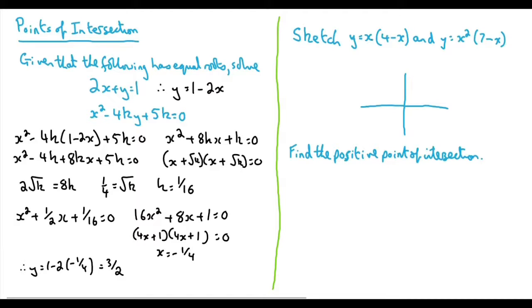So we could say here for this first one that it will cross the x-axis at x is 0 and x is 4. Similarly here, we could say that, okay, if x squared is 0, x is 0 as well. And then here, if the 7 minus x is 0, then x will be 7 to make it cross the x-axis. If we're also just to expand, though, you'd end up with 4x minus x squared, and then here 7x